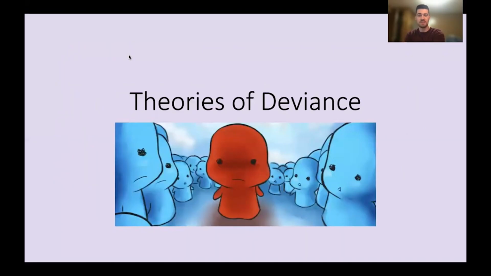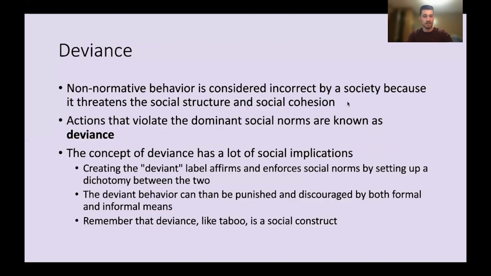So theories of deviance is what we're going over next. And I really like this picture actually, because it extremely accurately demonstrates what deviance is. Because when we think about deviance, we often think with a negative connotation, like crooks or criminals, thieves. And often when we are talking about deviance, that is what we're talking about, but not completely 100%. So basically deviance is just separation from the normal, and that's nothing more, nothing less. And let's get into it.